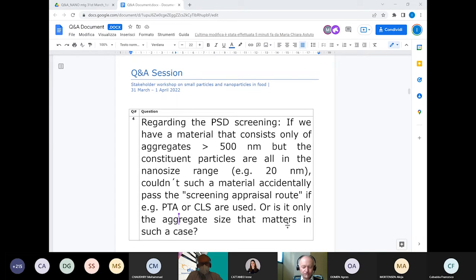So it should be kept in mind that first the user should check whether the material falls within the scope of the guidance and risk assessment, and also to keep in mind that yesterday the